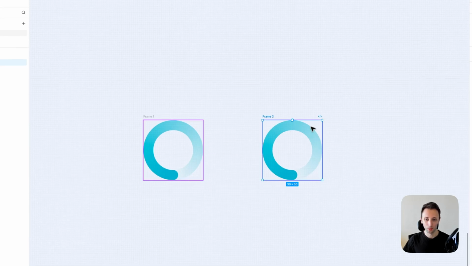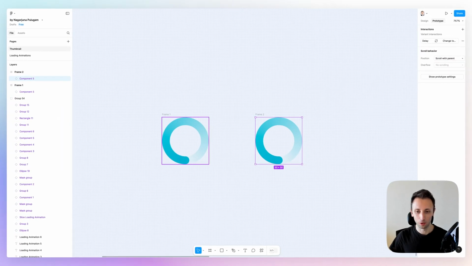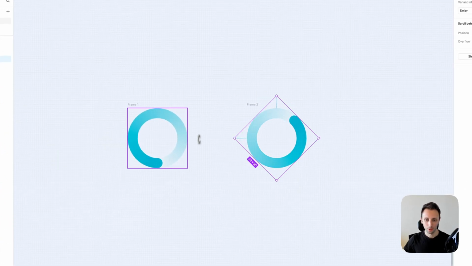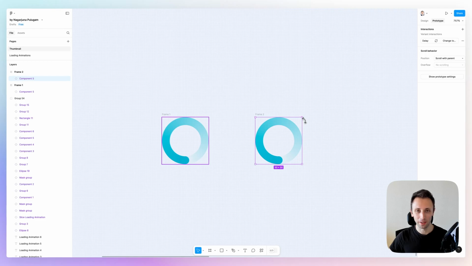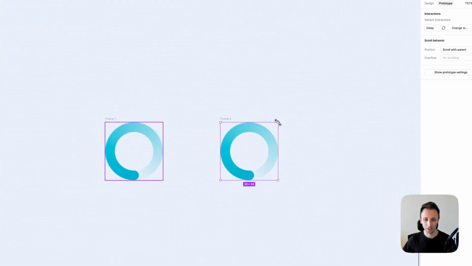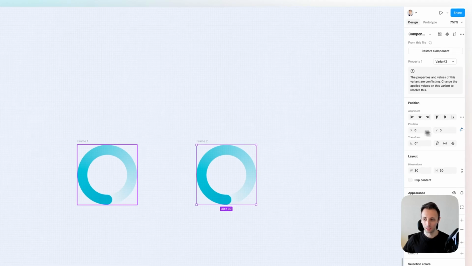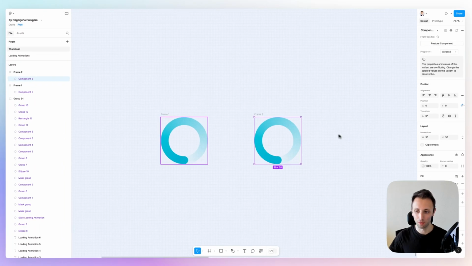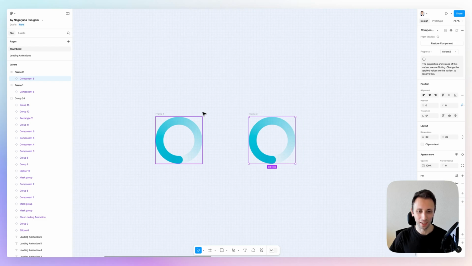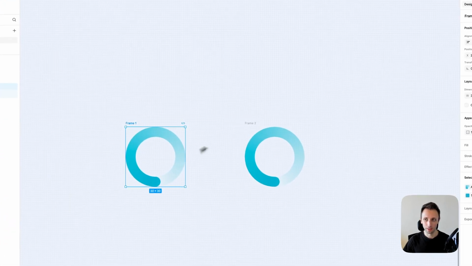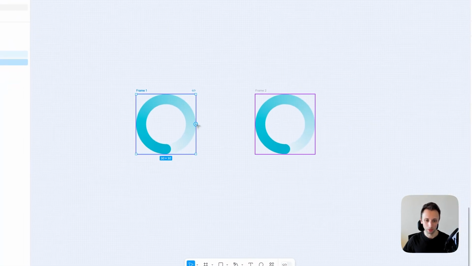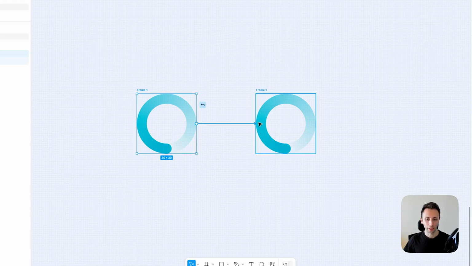And what I want to do is to basically select the component inside of the frame of the second one, and I wanted to rotate it so that we're going to leverage Smart Animate in order to create this rotation. Now, by doing that, I'm changing the actual rotate positioning. So you're going to see that working in just a moment. But let's go back to the prototype, and I'm going to create a connection between the first frame and the